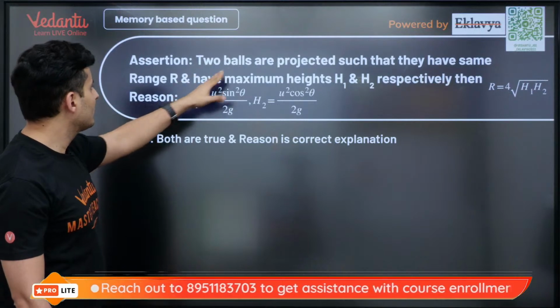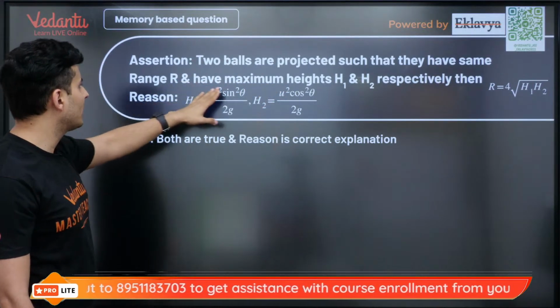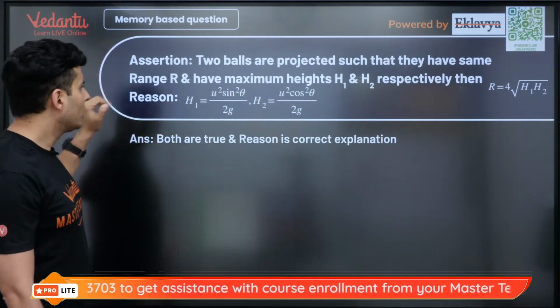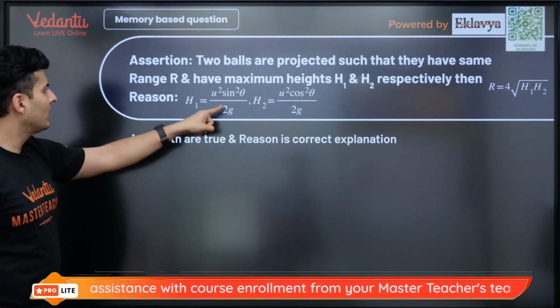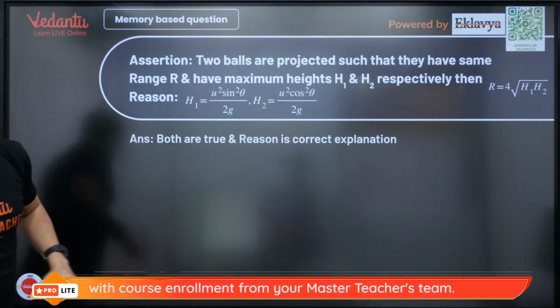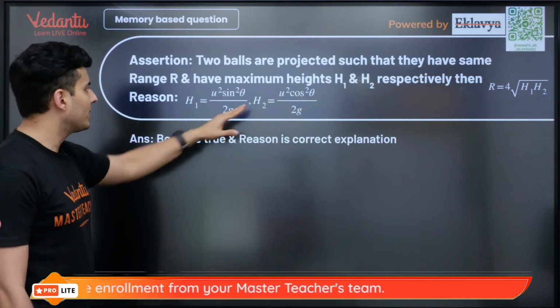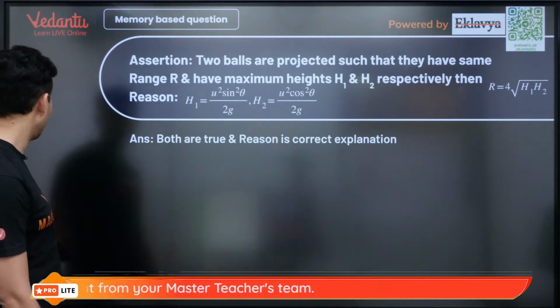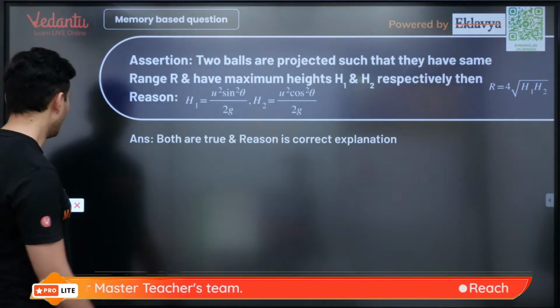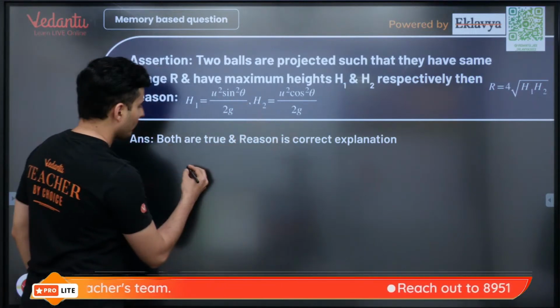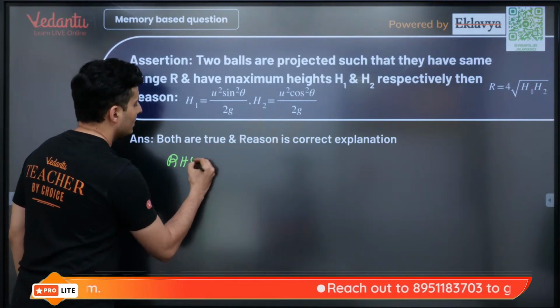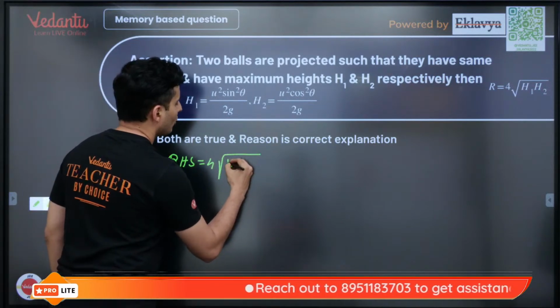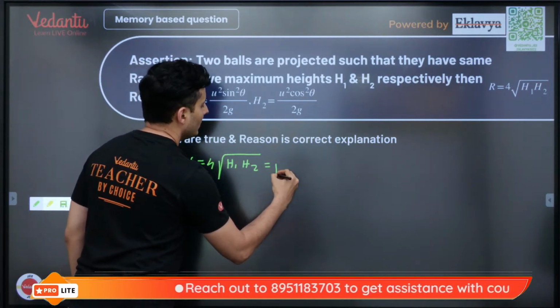For the assertion reason question, two balls are projected such that they have the same range, with maximum heights h1 and h2. Range is this much, h1, h2 is this much. Is the range that much? If h1, h2 is that much, I think it is correct, and the reason is also correct, because if you do the RHS of the equation, which is 4 root of h1 h2,